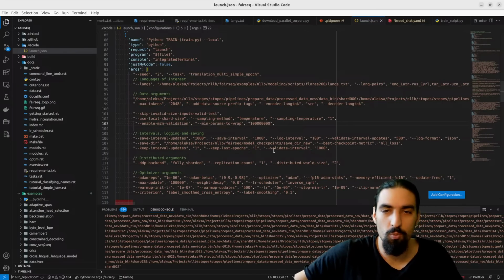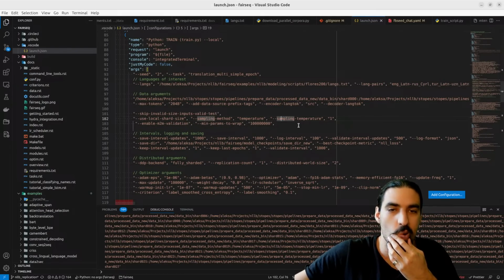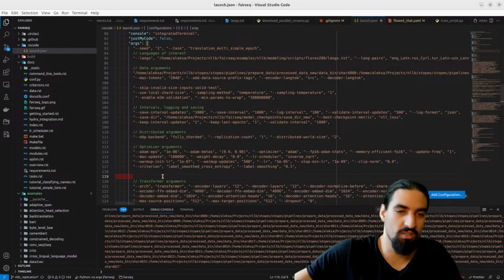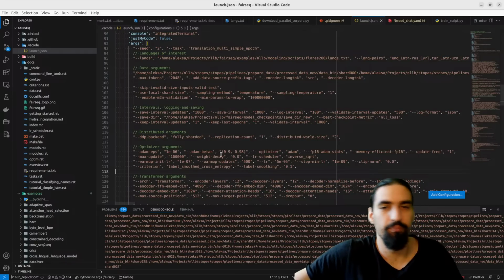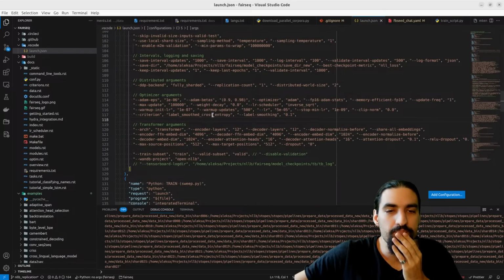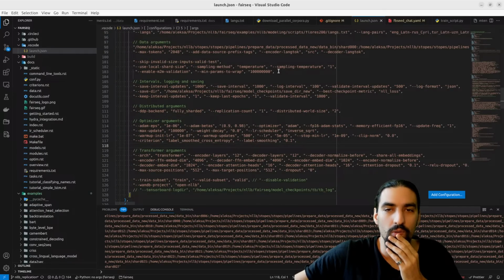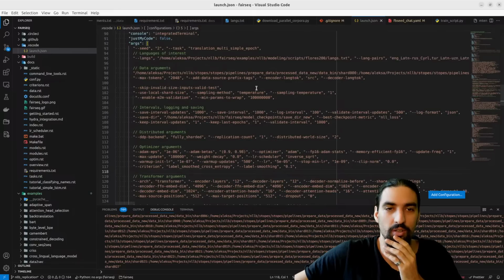Now, I'm not sure what all of these are. When you say sampling temperature and use and skip, we have to understand what these exactly do in the context of training run. Okay. Looking good.